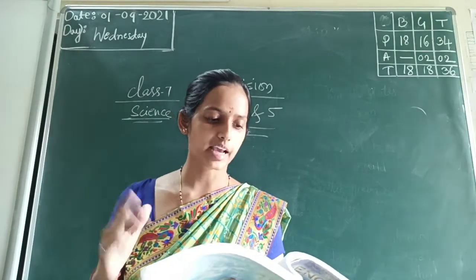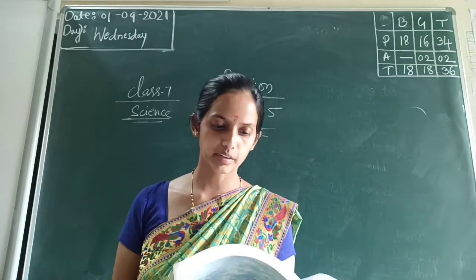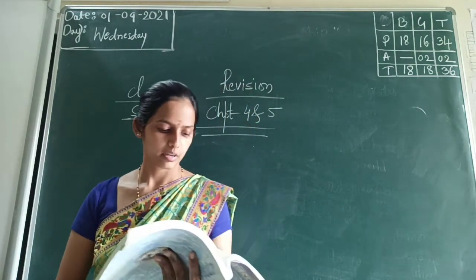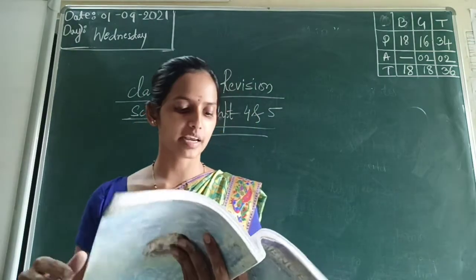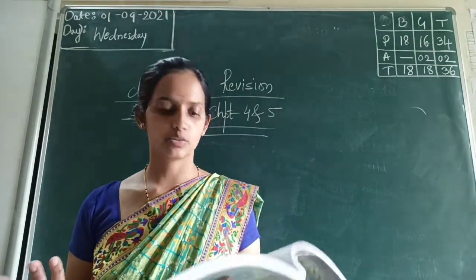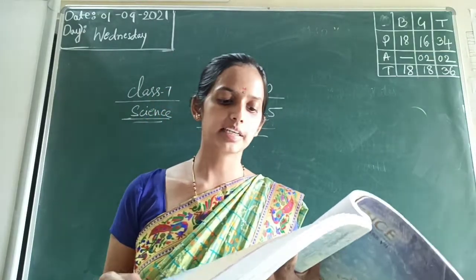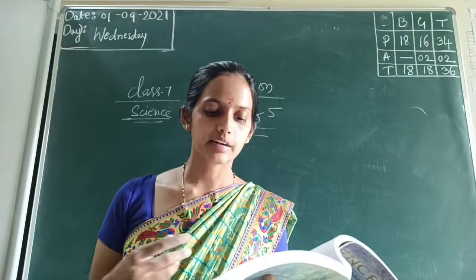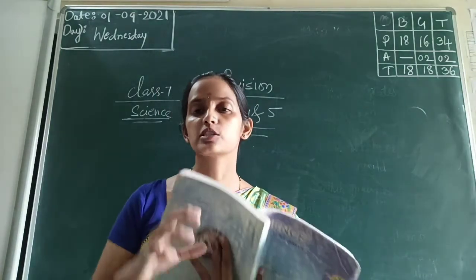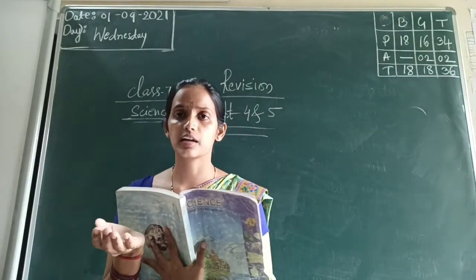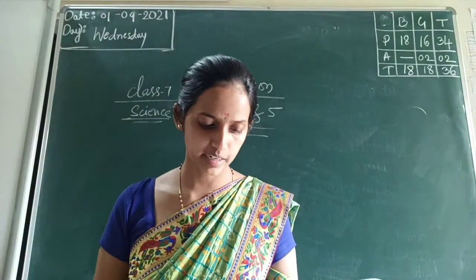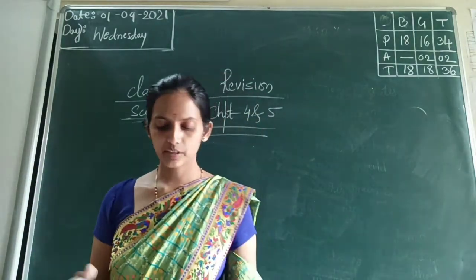So natural dyes, natural indicators: litmus, turmeric. Then the third one you have studied is the China rose. In figure 5.3 you can see a China rose, which is also very easily available. Under acidic condition it gives pink color, and under basic condition it gives green color. So you must know which color it gives under acid and which under basic condition.